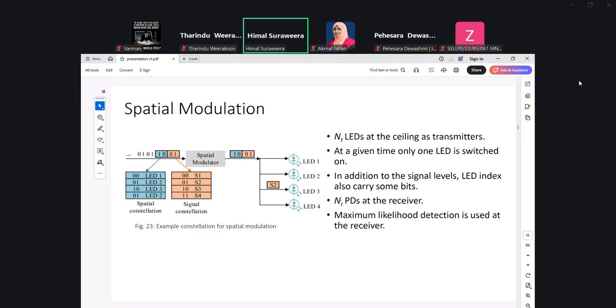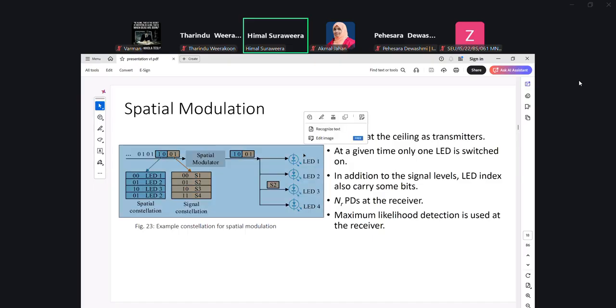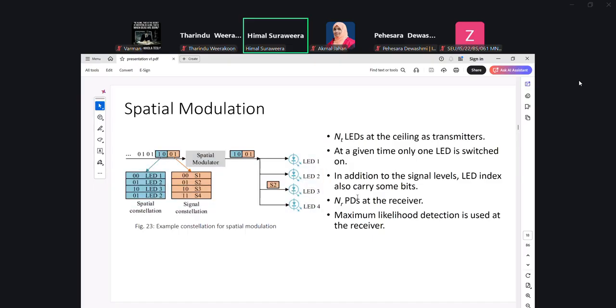In other words, if one LED is lit up, it will create a signature, and if another LED is lit up, it will create a different spatial signature at the photodiode. These differences can be used to convey bits in the spatial domain. Since there are 4 LEDs, if the photodiode can detect that LED 1 is on, you can use it to convey 0 0. And if LED 2 is switched on and others are switched off, you can use it to convey maybe 0 1, and so on.